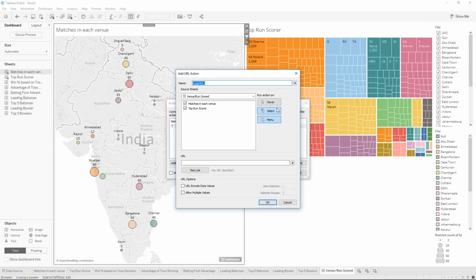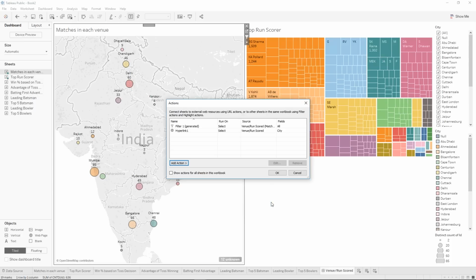Okay, so if we wanted to make a different action, which is a URL action, on these two sheets, when you select, it'll take you to this website. So this is the Wikipedia beginning page. But let's say we wanted to take you to a specific Wikipedia page. In Wikipedia, if you append the name of the Wikipedia page to the end of this URL, it will take you straight to that page. And we're going to assume that there's a Wikipedia page for all these different cities. So we have city put in there. And if we hit OK,